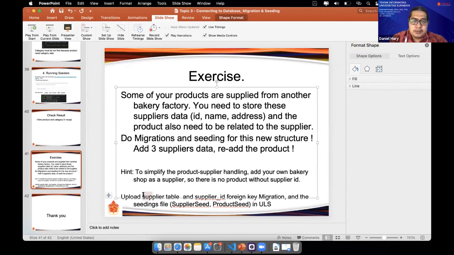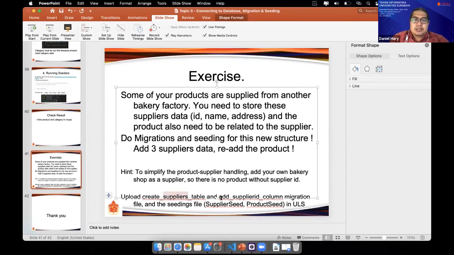I think it's better if I put the name of the files here. Create suppliers table and add supplier ID column migration file.